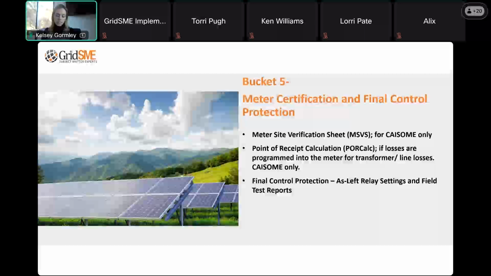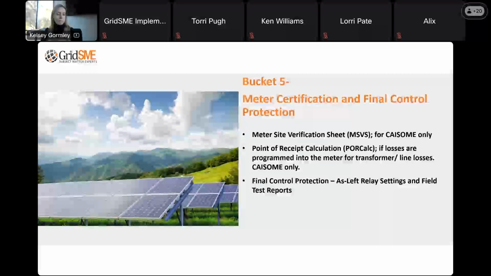There is a meter programmer who actually wrote the programming and programmed it into that meter. There's the CAISO certified meter inspector. That inspector will have an inspector ID number that will need to be listed on this form as well. So they're the 3rd signature. And then there will be a 4th signature that is the resource owner. So who is representing the interconnection customer on behalf of this resource? That's the 4th signature.